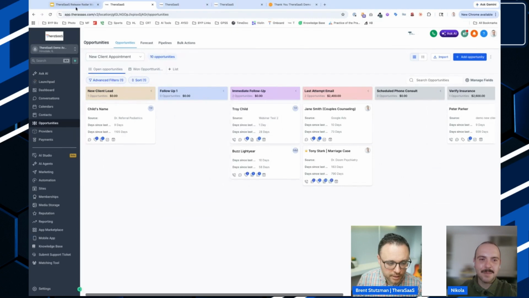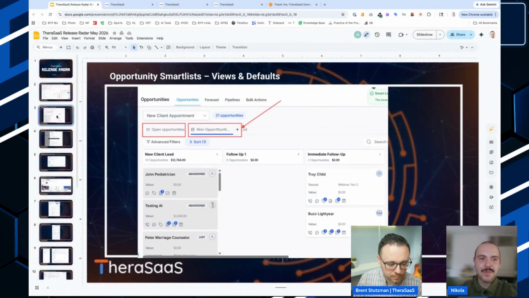All right, so next one is views and defaults. So this is important because the way that we saved the layout in opportunities was stored on the browser side. It was like cached. And so if there's ever clearing of the cache, it would erase your settings, which was annoying. So what we did is there's now basically a smart list that you can save inside